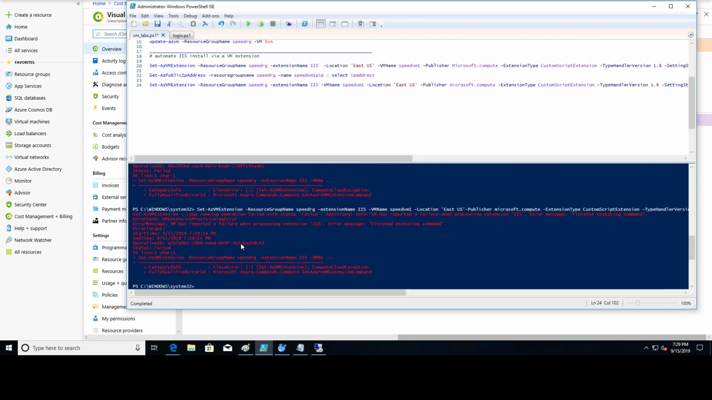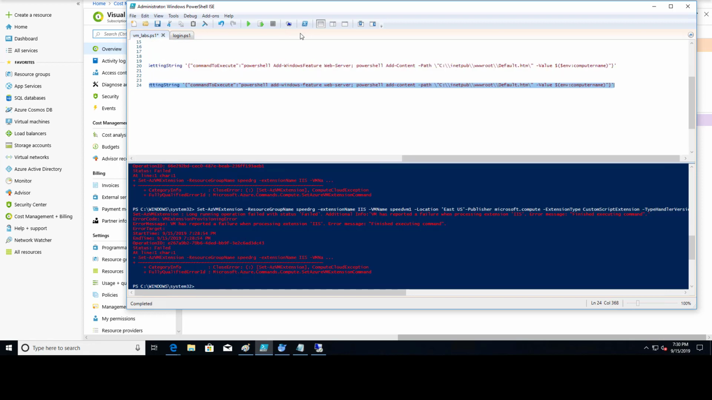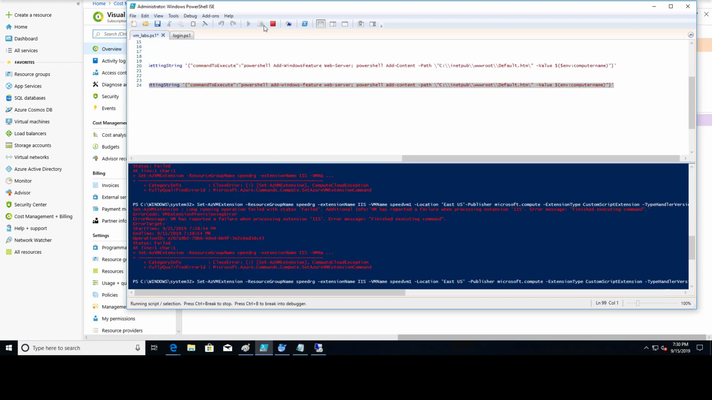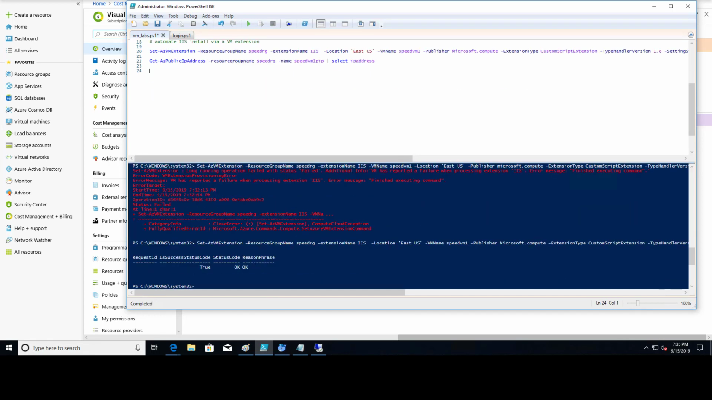Alright, you can see I got an error. And what I looked at, I did not have a space here. So I just did this. And I'm going to run it again. Okay. We have a successful install. I did have to spend about 10 minutes